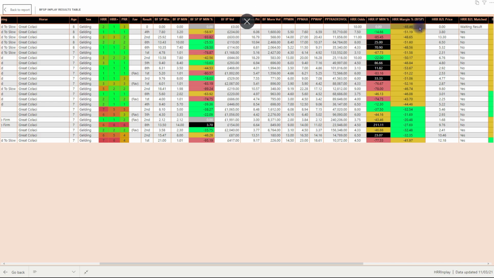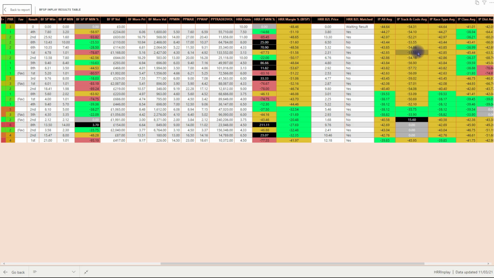But we do know what the margin is based on the historic data we have across all of these categories that was mentioned previously. And that price there we can either take against the morning price, some price during, or an overnight price, or we can take the Betfair SP. Now, why is Great Kalachi a good example of this? Well, you'll see in some cases that the horse here has actually had a lot of prices which are bigger than a morning price, but also bigger than before the off. There's a couple of exceptions to the rule, like this run here. He was far bigger at the off than what he was here, but in a lot of the other runs, generally the horse is a bit bigger